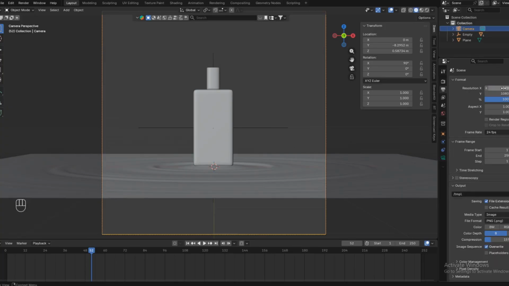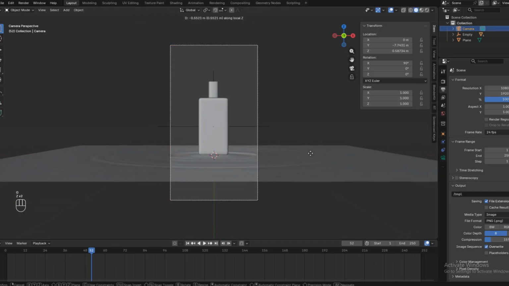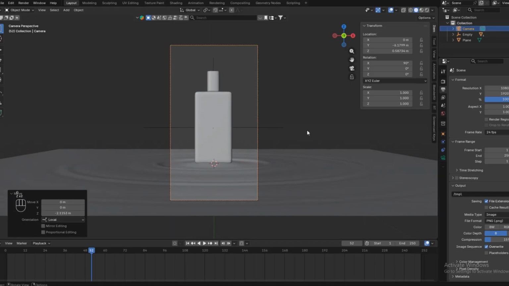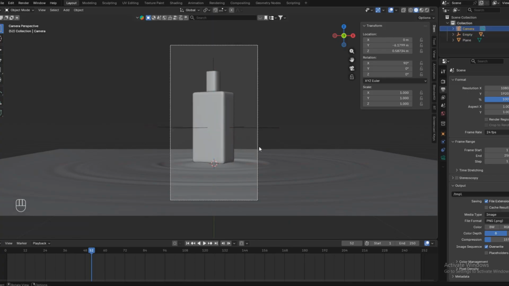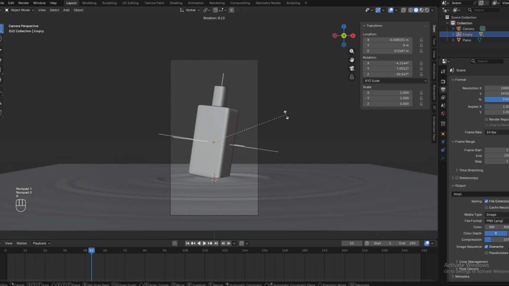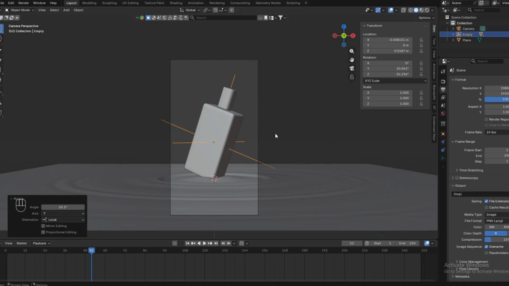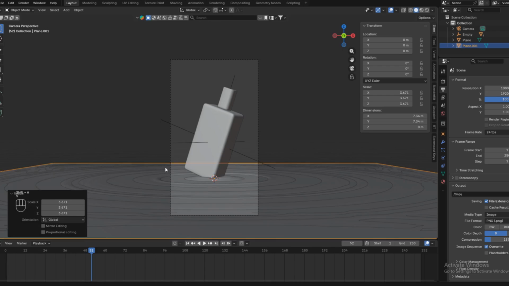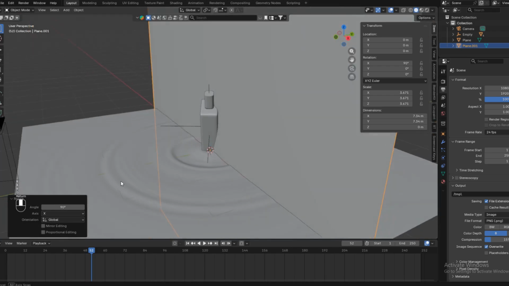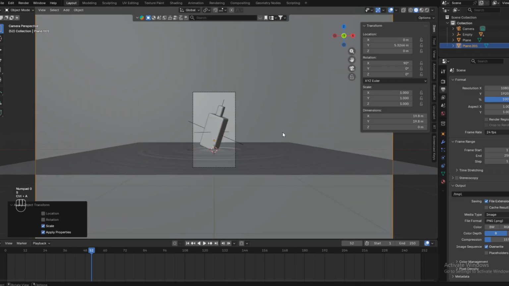Now I need it to be vertical. So something about here. Something like that. Okay. We need this to be facing like this. Along the y-axis. Something about here. Okay, and now let's add another plane, scale it up, R X 90, get it backwards, apply the scale,